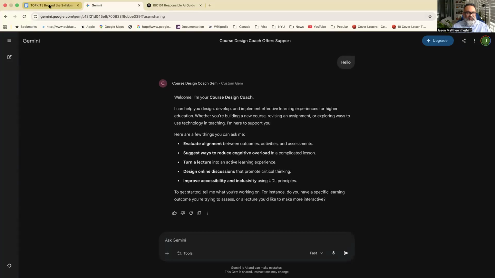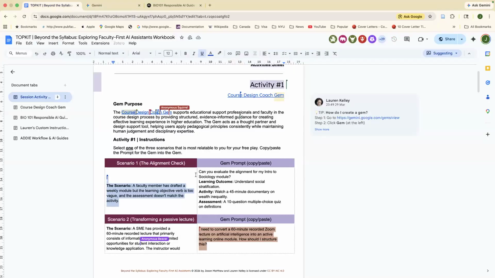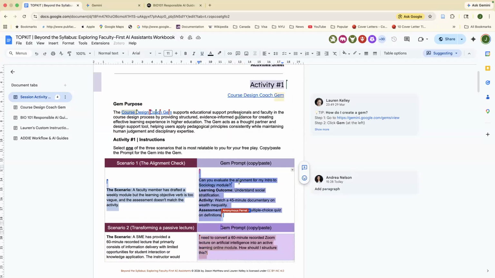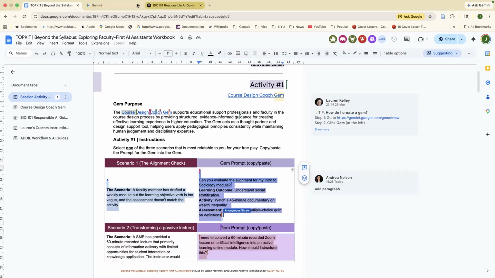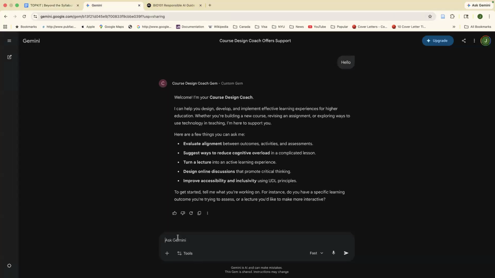It tells you some of the things it can do, some things you could ask it. In this case, we're going to be looking at three specific scenarios. If your computer is moving much faster than mine, please choose any one. You're basically copying the prompt. Not the scenario, just copying on the right-hand side, that column where it says gem prompt, copy and paste. For instance, if I was doing scenario one, I would just copy, can you evaluate the alignment down to the assessment? For that first scenario, you want to look to see if there's alignment between the learning outcome, activity, and assessment. So I'm going to copy that into the gem